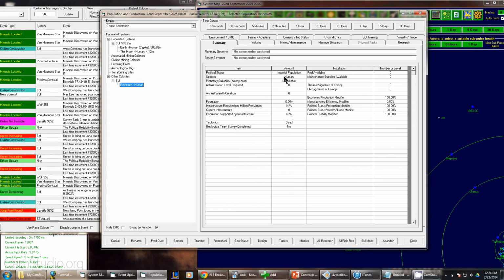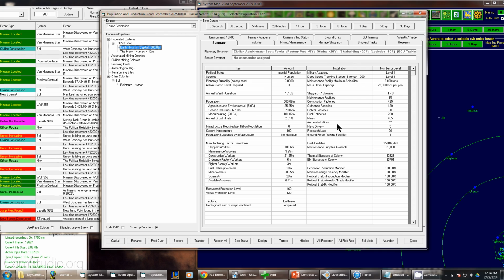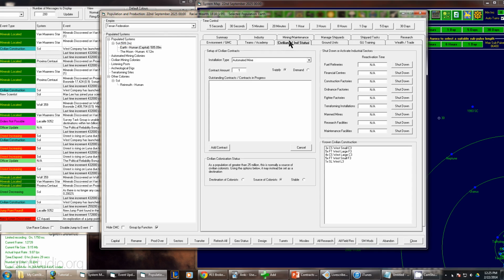So one thing that we can do is remember that cargo ship from way back when. He can go back and forth between the Earth, dropping off automated mines and coming back to Earth and doing that over and over. But that takes a little bit too much time and a lot of micromanagement. So what we can do is take a look at the Earth and see that it has 82 automated mines, and we can come up to the civilian tab here. There's 82 supplied automated mines, and we want on Rainmuth 82